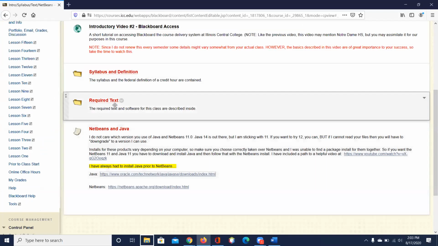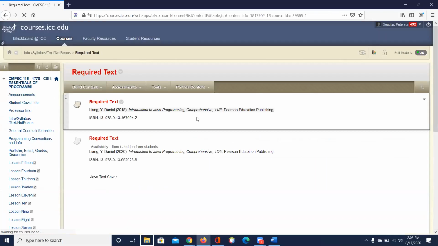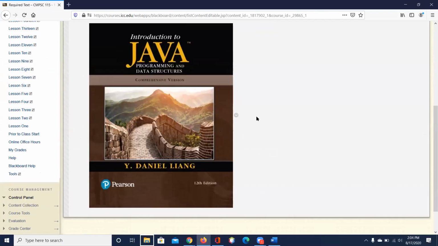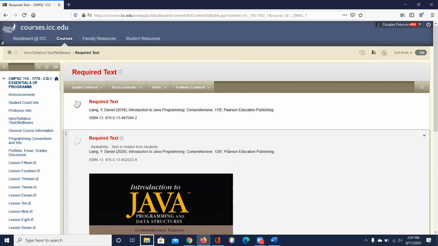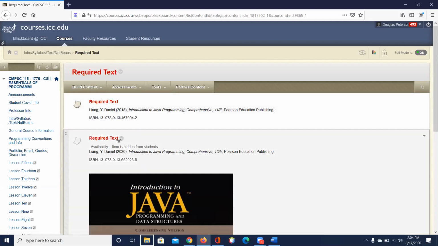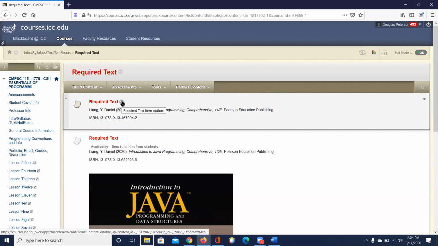What else? Required text. It looks like that. It's the 12th edition. Some people ask me, well, I've got the 11th edition. Is it the same? Well, I'd say no, because we have a 12th edition. But for our purposes, I don't know how much of it has even changed. So if somehow you got hold of, oh, I've got both of them here. Which one do you see? The 12th. Oh, good. So you're seeing this one, right? The 12th? Yeah, that's the one I have with me right now.